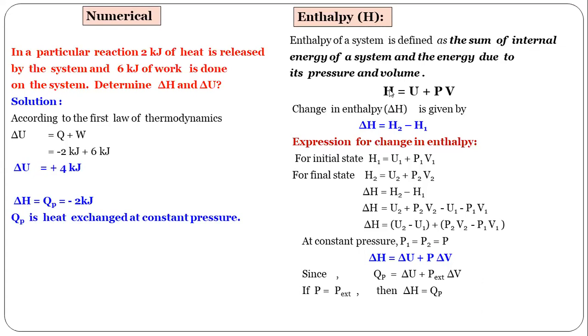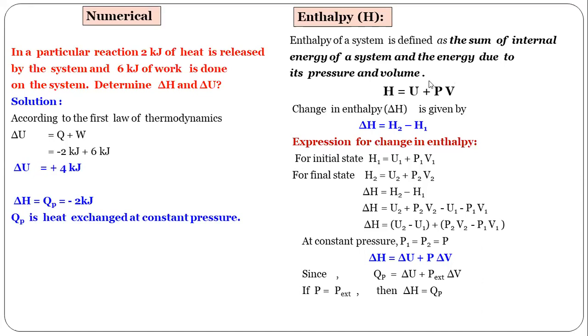Here H stands for enthalpy. Enthalpy is equal to internal energy, U is internal energy, plus the product of pressure and volume. Again, we will prepare the definition by using this expression. So, enthalpy of the system H is defined as the sum of internal energy and energy due to the pressure and volume. So the definition will be prepared by using this statement: H is equal to U plus PV, where U is internal energy, P is pressure, and V is the volume